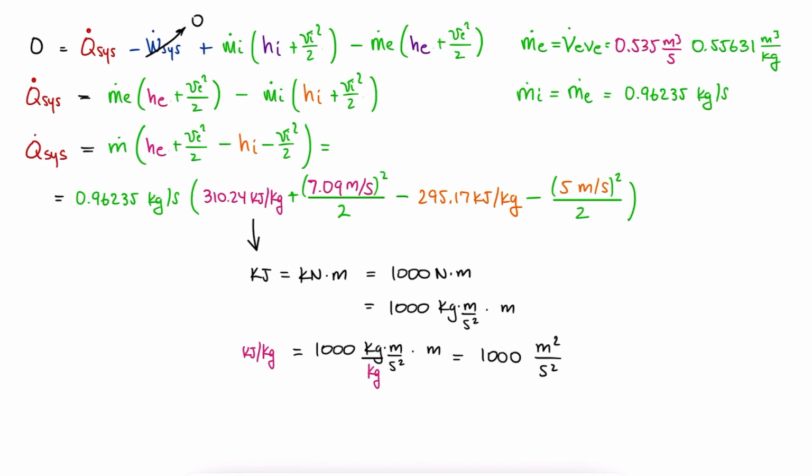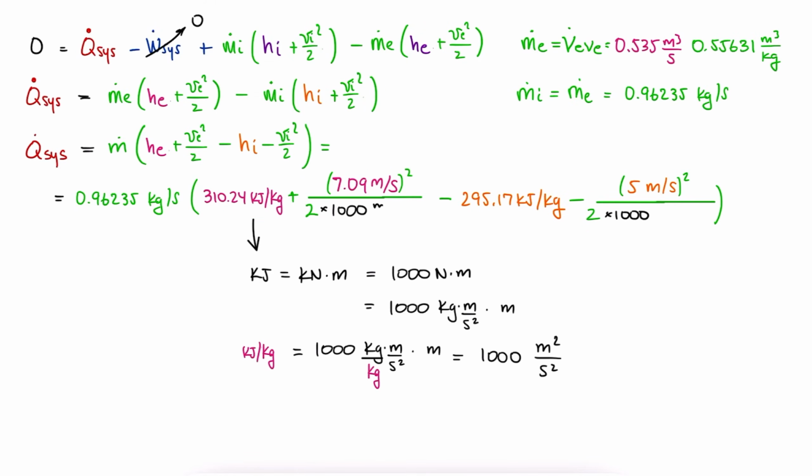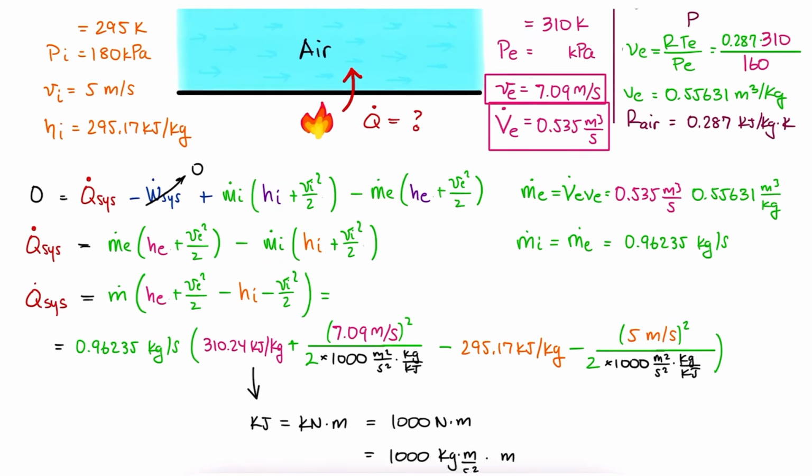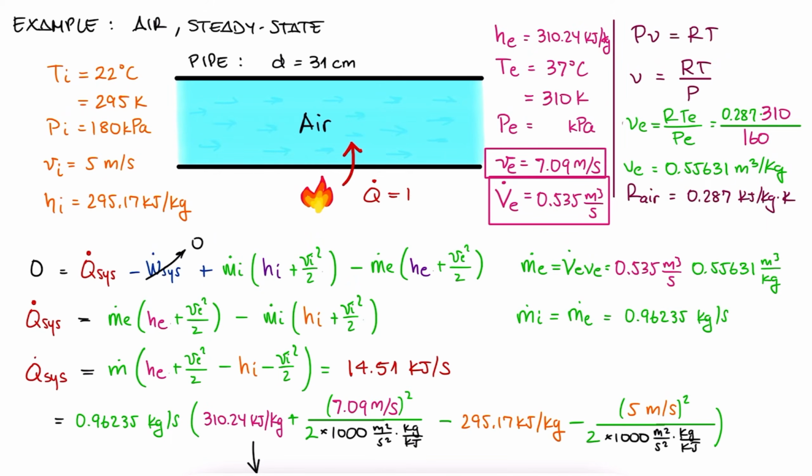This means that we either need to write the enthalpies in joules per kilogram to be compatible with and the same order of magnitude as meters squared over second squared, or we keep kilojoules per kilogram and divide the kinetic energy terms by 1000, so that their units also become kilojoules per kilogram. Either way, we end up with a rate of heat transfer to the air that is equal to 14.51 kilojoules